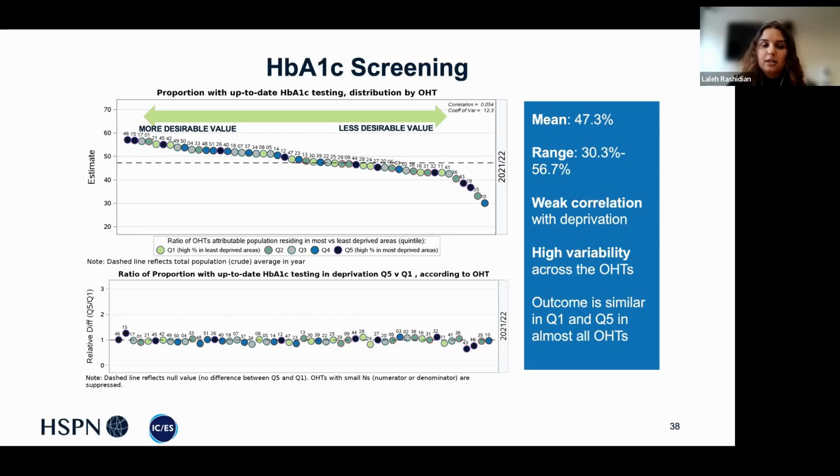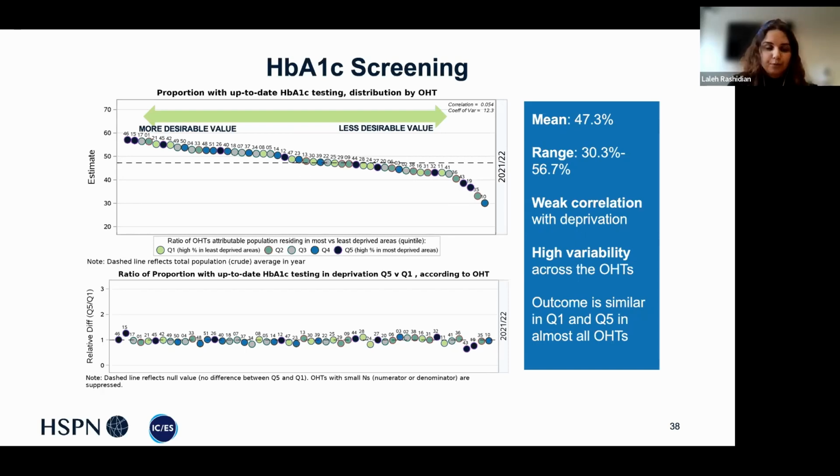There doesn't seem to be clustering of the dark blue. We have a weak correlation with deprivation. They're not clustered to the right or to the left. And here, when we look at the bottom panel, we can see that most of our OHTs are on or very close to that dotted line, meaning they're close to that ratio of 1, meaning we have equity. The proportion of patients that are up to date with their screening is the same in our more deprived and